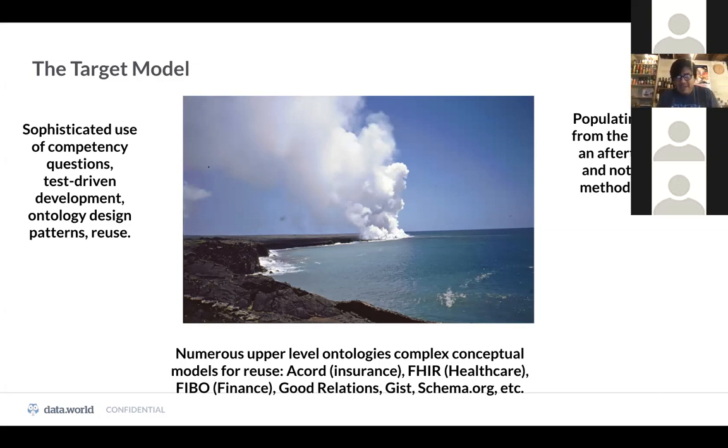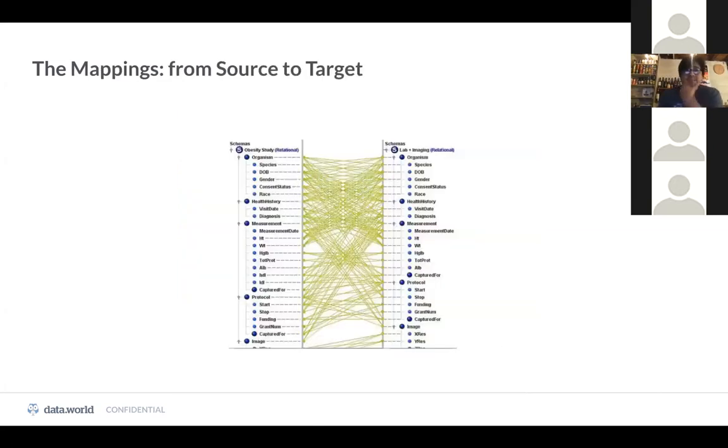At the end, having this target model by itself is meaningless because you need to go populate it. So that's one of the big issues that we see. Now, a third problem we see is the mappings, the source to target. Now, this is something that I honestly was pretty naive about when I went off into the real world. A lot of my work was